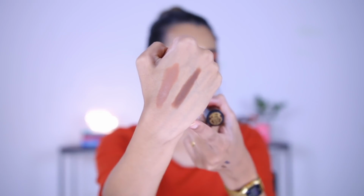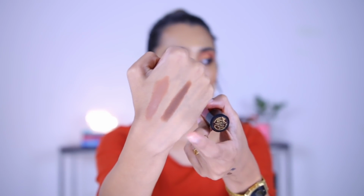It blends out pretty well, but I still must say that I like this shade a lot better for my skin tone. This one is in the shade Contour. Let me swatch it here. This is how it looks. I know it looks a lot deeper. That's because on the hand the swatches always look a little bit deeper than on your face, but this shade